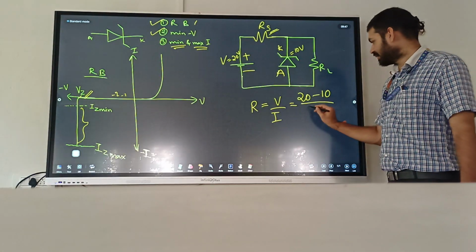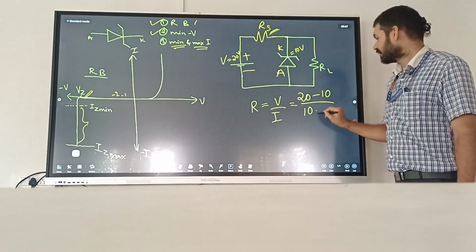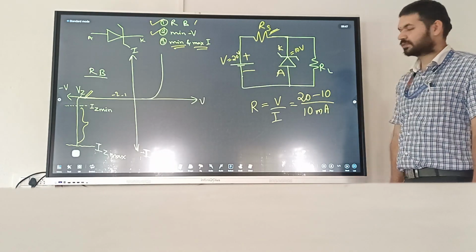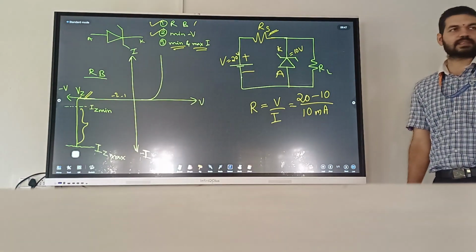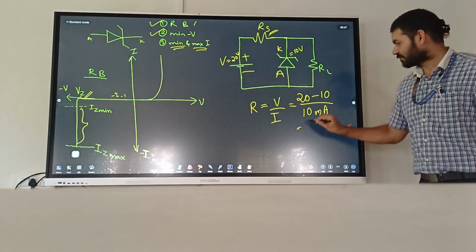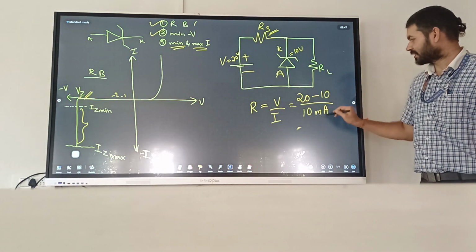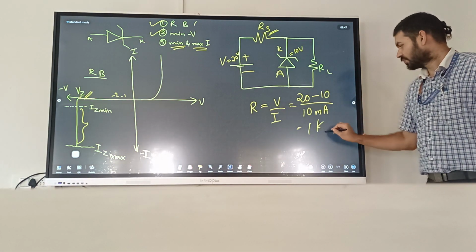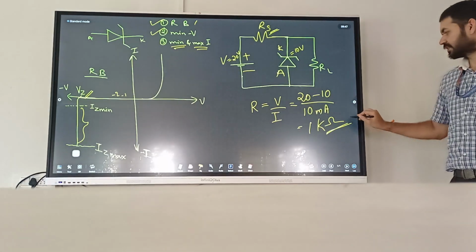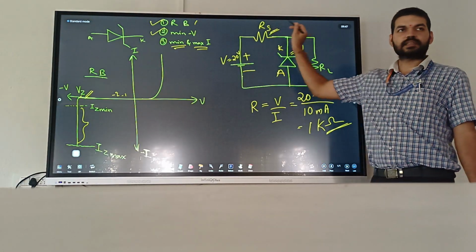Say for example, let us take 10 milliamperes for simplicity. Then we can calculate the resistance: 20 minus 10 is 10, 10 by 10, so 1 kilo ohm can be taken as series resistor,